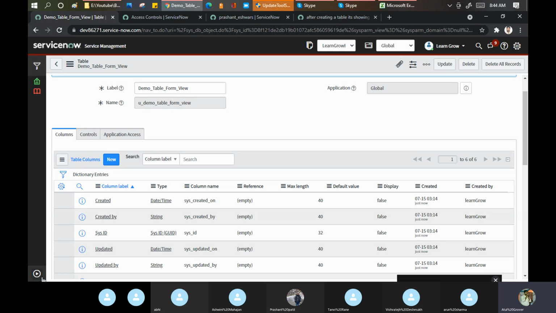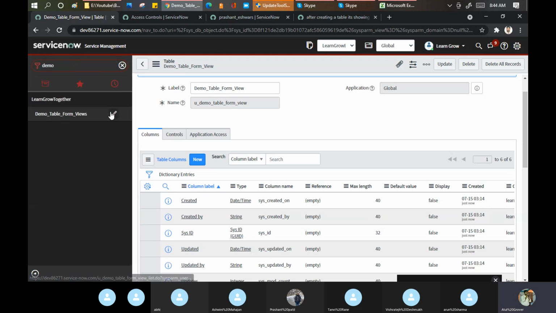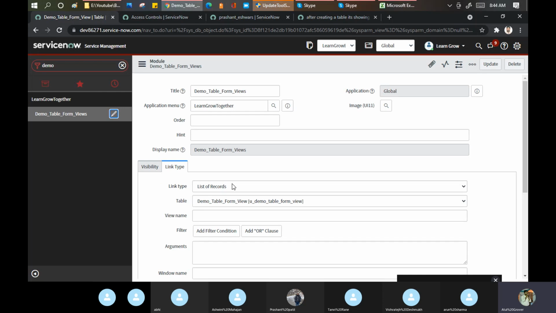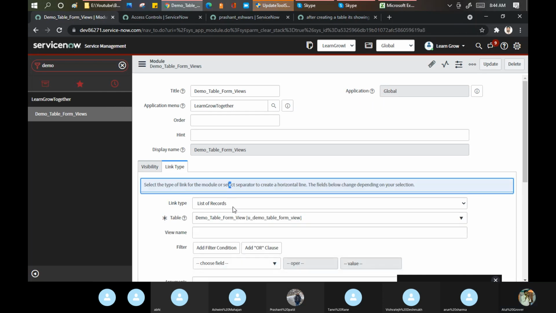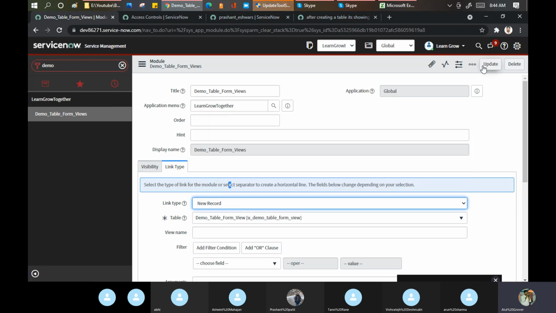Now let me go here and search for the demo. Click on the module and change the link type to new record, on this table, that's fine.